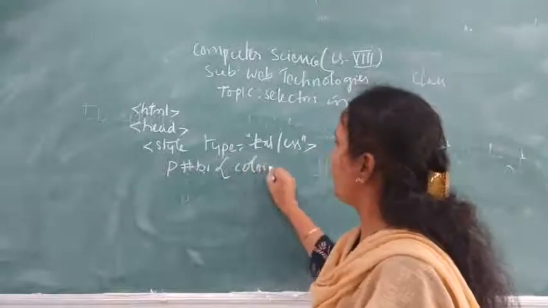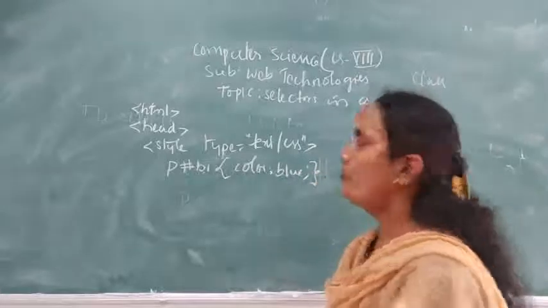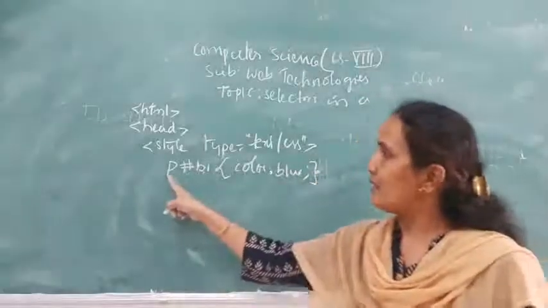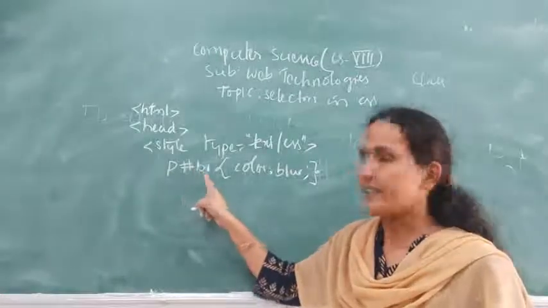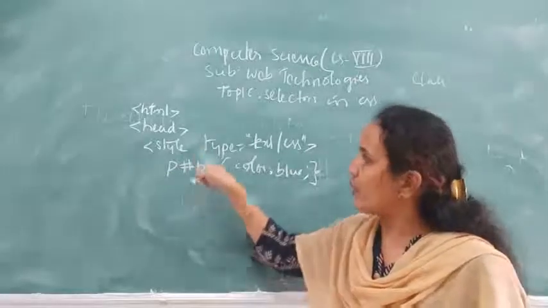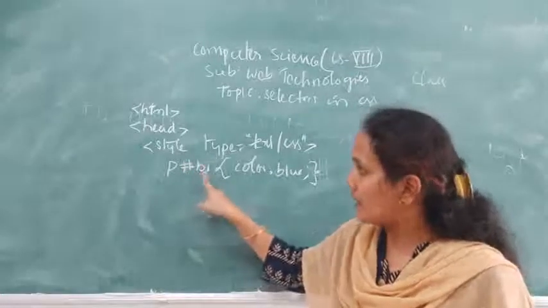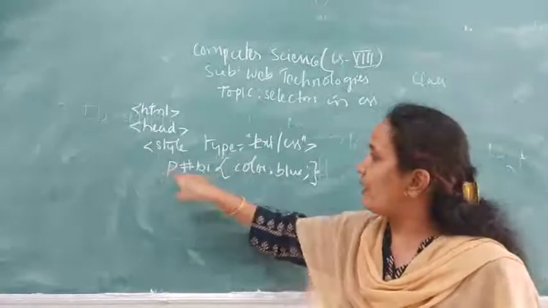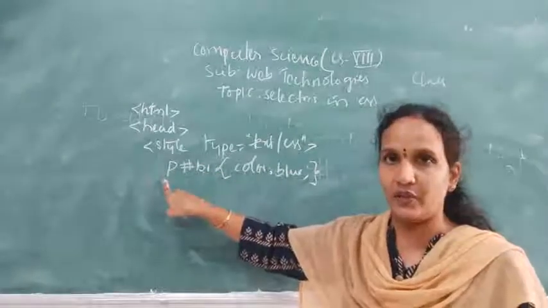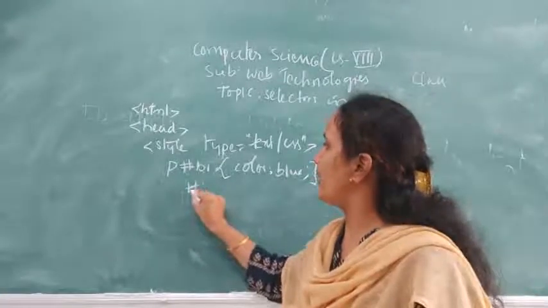Like the color blue. I want to give a blue color. This is the element to which you are giving a property, and this is an ID selector. It means this ID is unique for this one only. Whatever properties you have given in this ID selector will be applied to only this paragraph. Now one more I am creating, that is B2